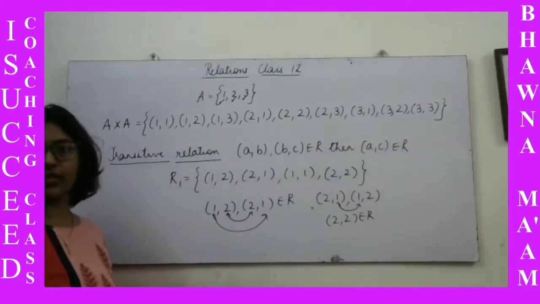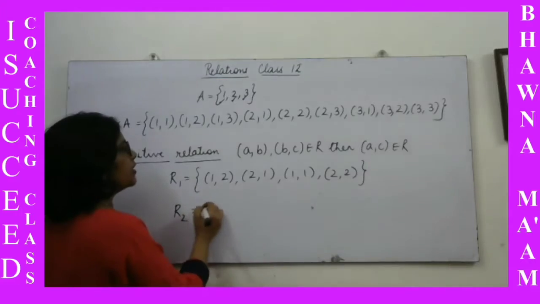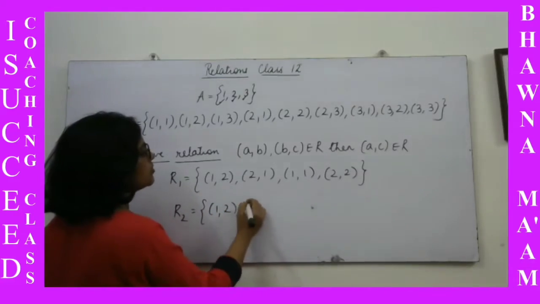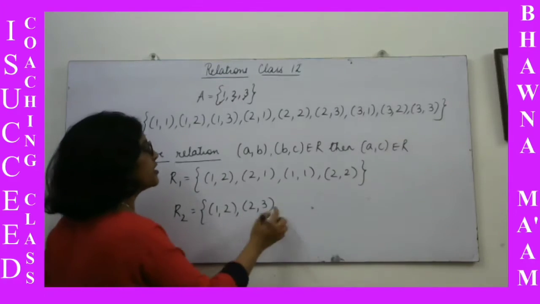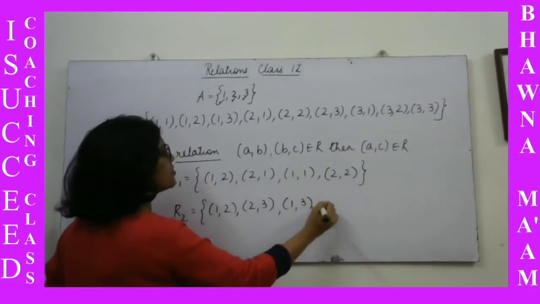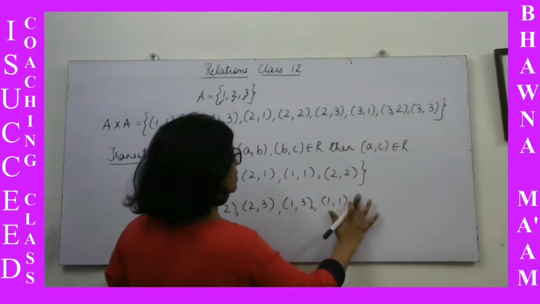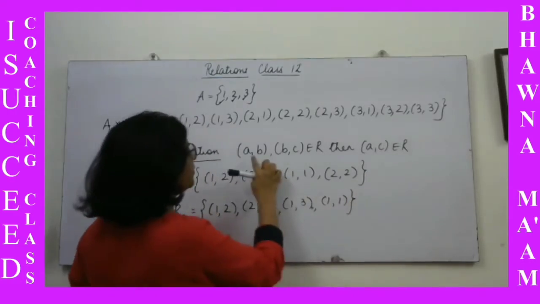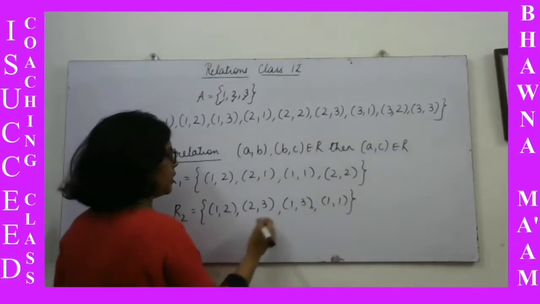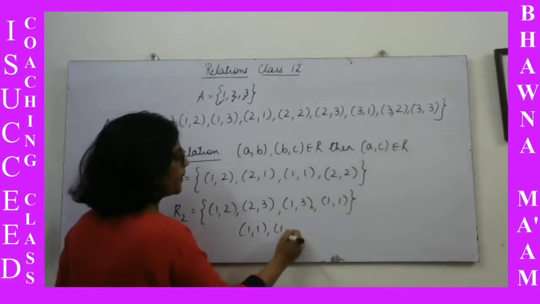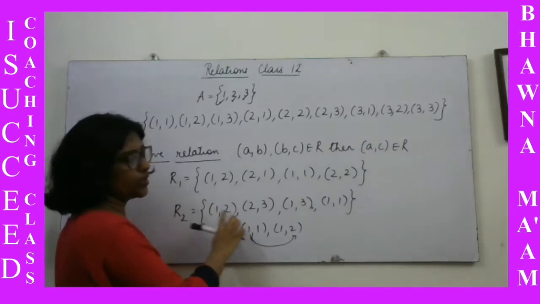Now let's take another example. In case I take R2, which is like say 1 2, 2 3, then obviously because this is same, we should have 1 3. Besides this, if you have any other entries which do not come into this form, then it's fine, like 1 1. 1 1 and 1 2 if I write, then I will have 1 2, because these both are same, I should have 1 2, which will be in R.